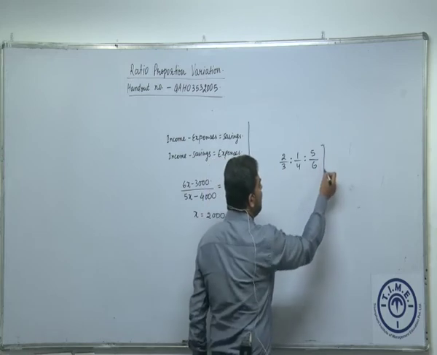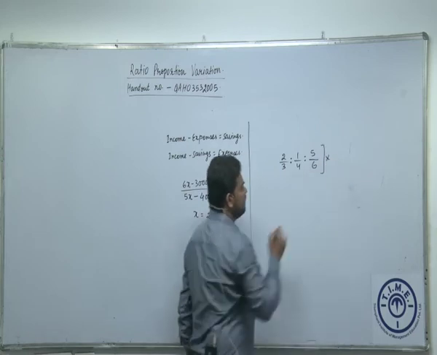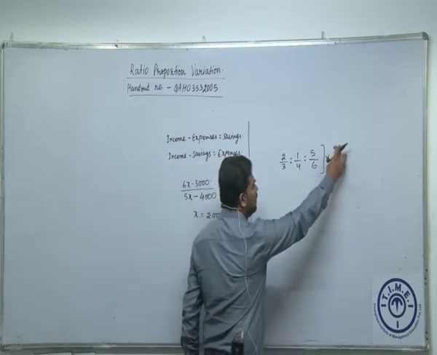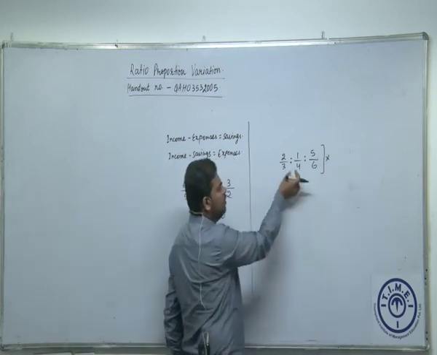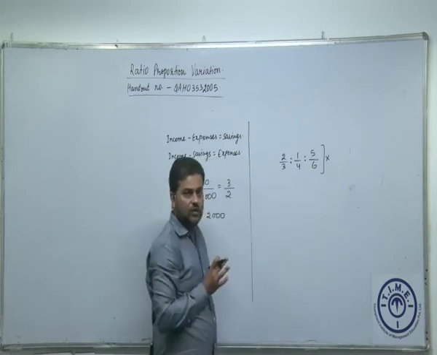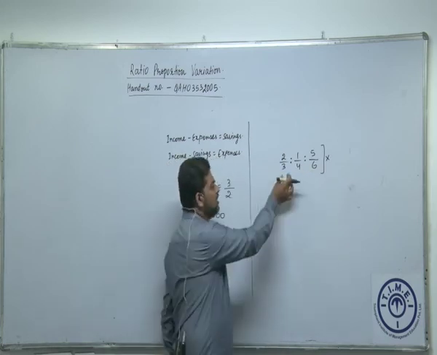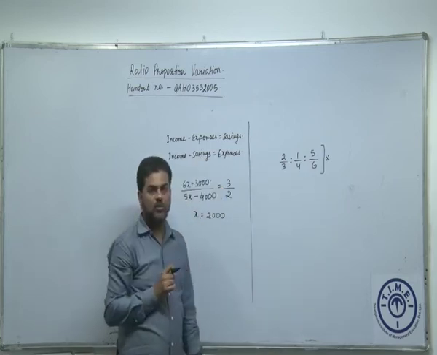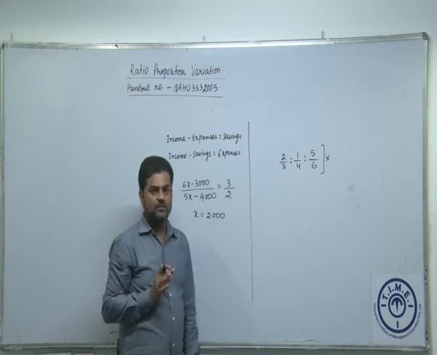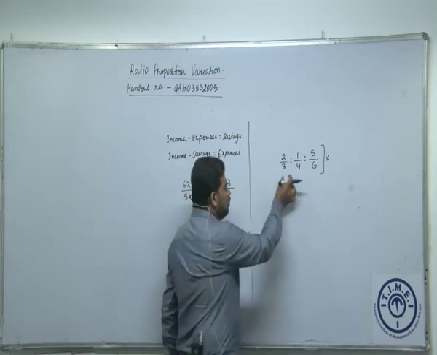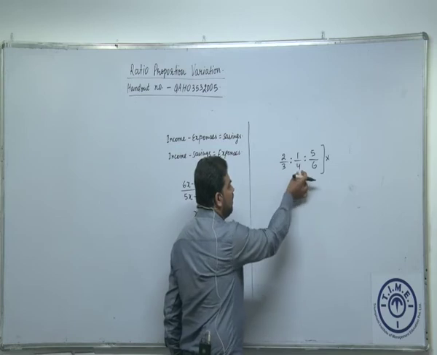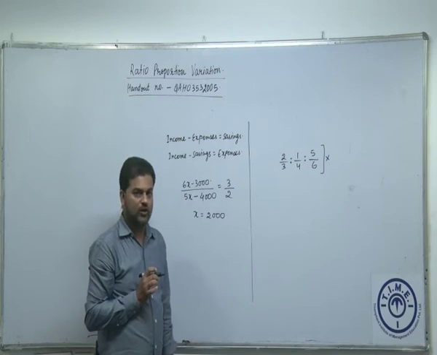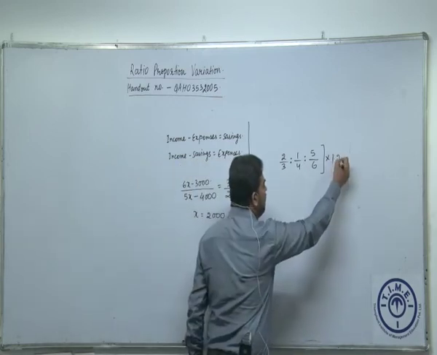What do we do for that? We'll have to multiply all these three parts with a common number such that this common number that you take gets cancelled by 3 also, 4 also and 6 also. So what is the smallest number that will be cancelled by 3, 4 and 6? Can I say it will be nothing but the least common multiple of 3, 4 and 6, right? Okay. What is the least common multiple of 3, 4 and 6? Can I say it is 12? So we will multiply throughout by 12.